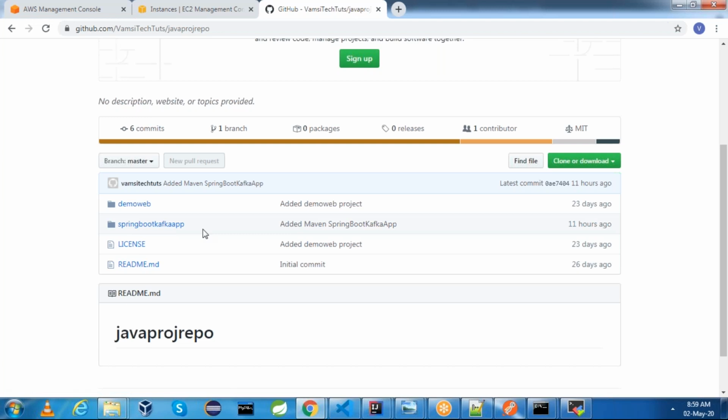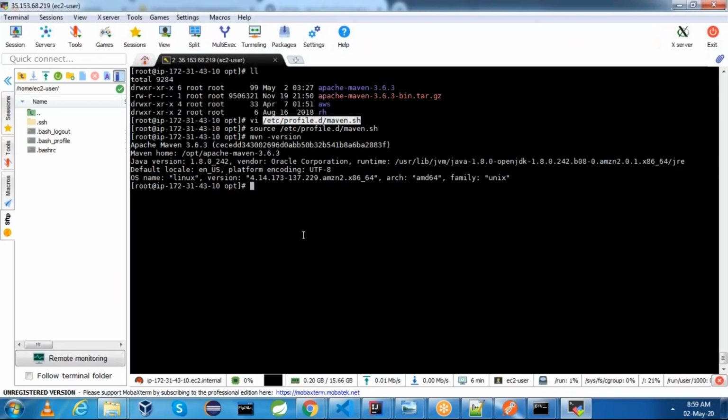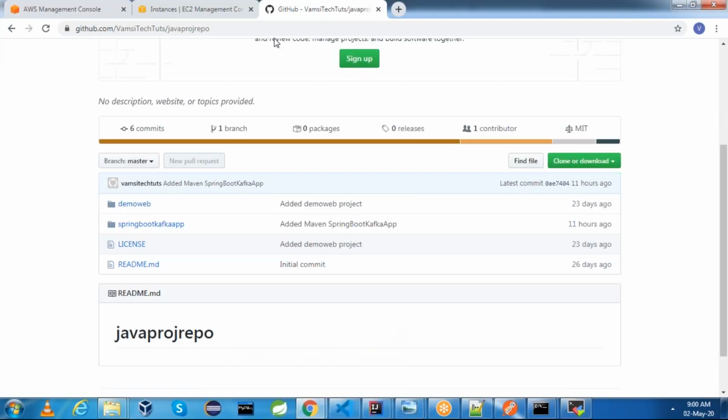For the time being, I will install a single node in this application just to see how it is working. But in the next video, I'm going to create a Kafka cluster so that we can run our application on the cluster as well. But to show the Angular and Spring Boot application end to end, I'm going to install Kafka single node in this machine. Let me download Kafka as well.